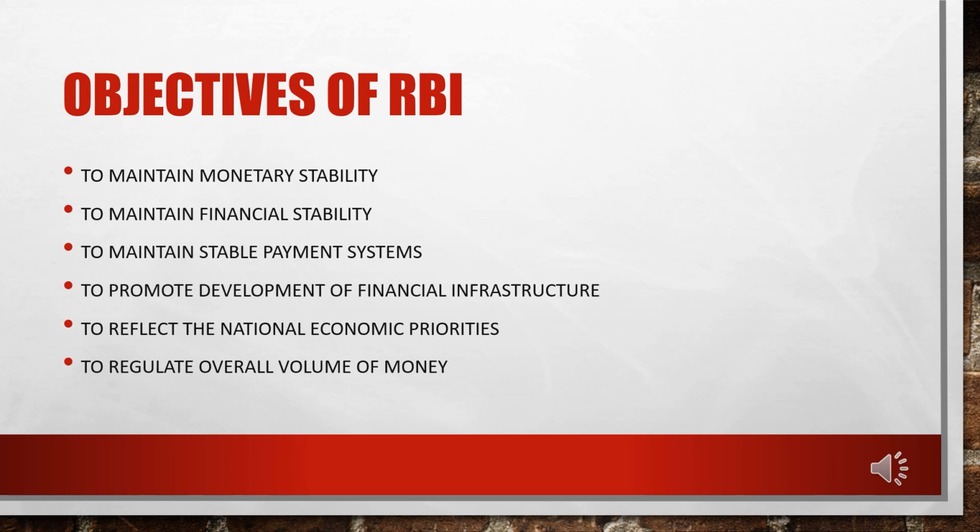Another one is to ensure credit allocation by the financial system, because it reflects the national economic priorities and social consensus. You see, whenever the commercial banks give loans, to whom are they giving loans? They are giving loans where they maximize their benefits. They try to find customers from whom they can get more returns. So it's like a business, a commercial business. But that may not fulfill the social objectives.